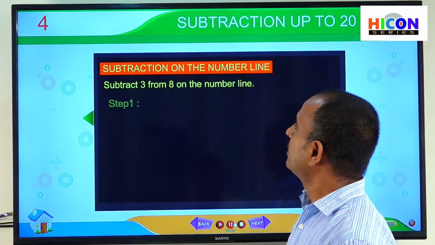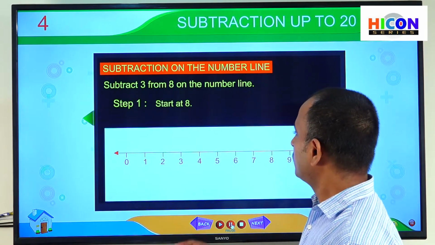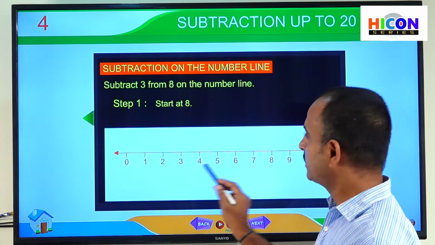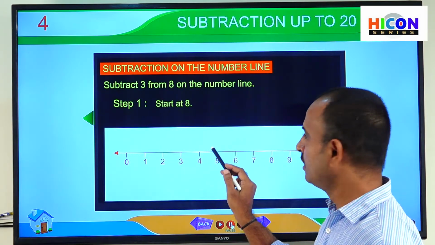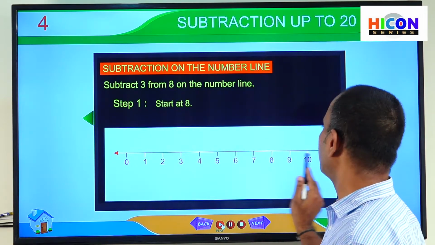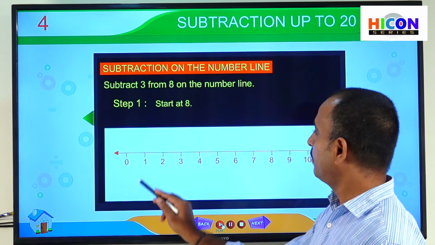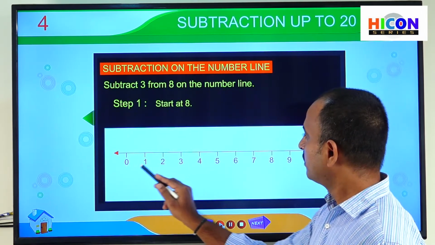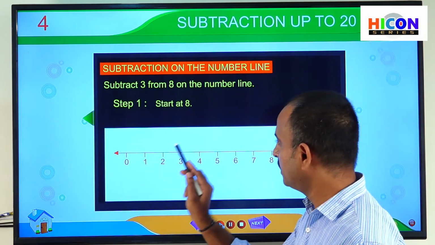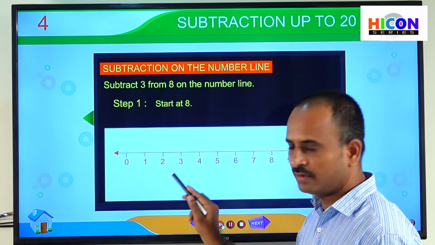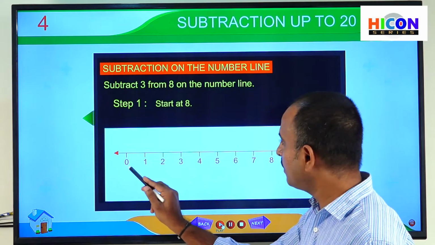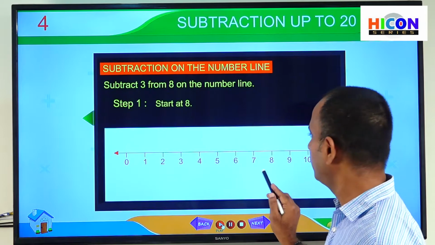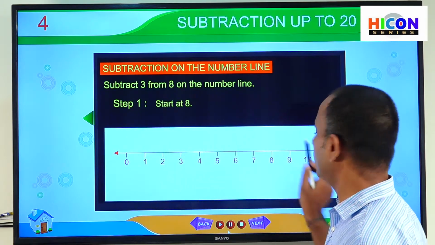So let us see what the number line is and how it looks. The number line is a straight line. Children, see, this is the number line. It can be drawn with the help of a scale and pencil, with arrow marks at both ends. Represent numbers on the line at equal intervals starting from 0. The gaps between two numbers should be equal everywhere on the line. That's why this line is called a number line.